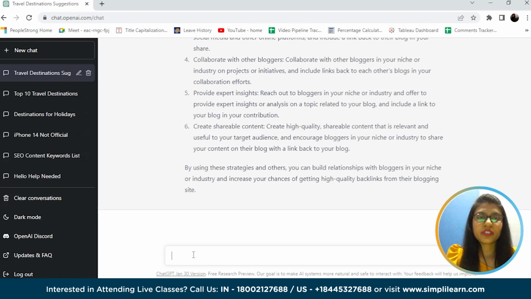Now that we have got some ideas to get backlinks for our blog, let's try to add catchy metadata for our blog. Metadata like the meta title and meta description. These are the only data which appear in the search results.